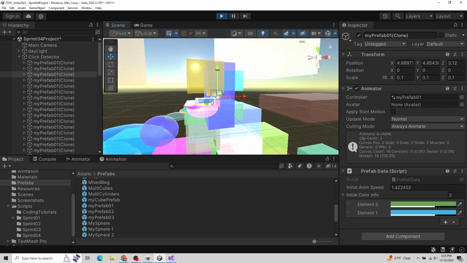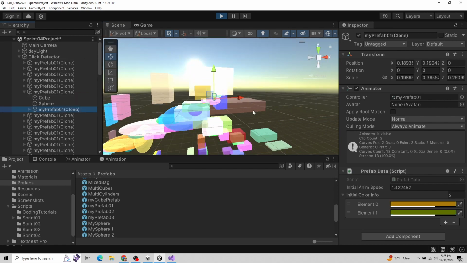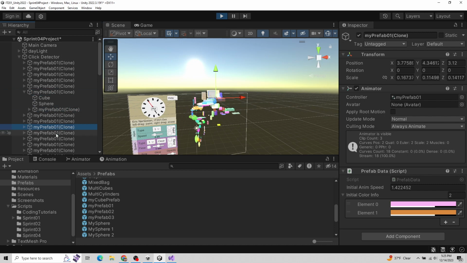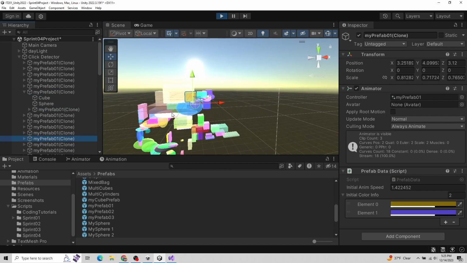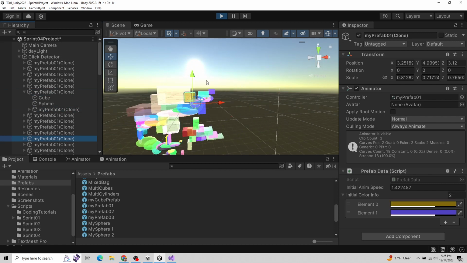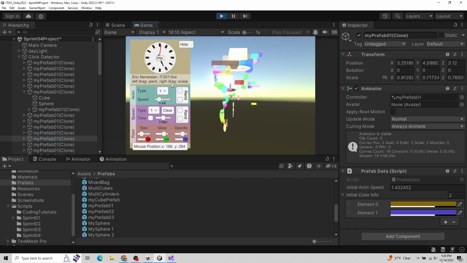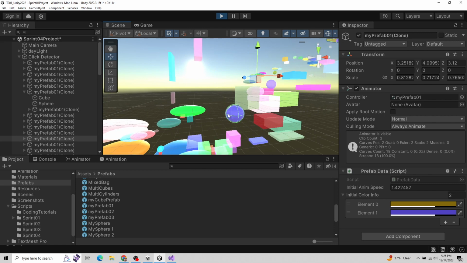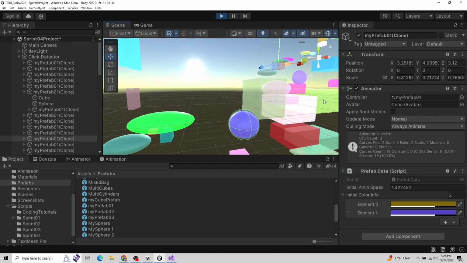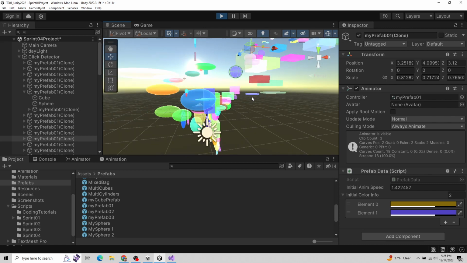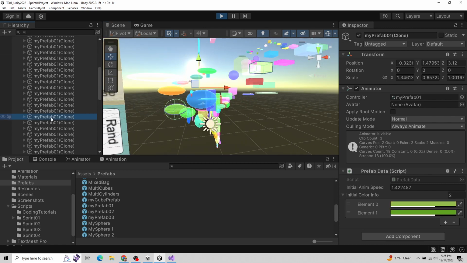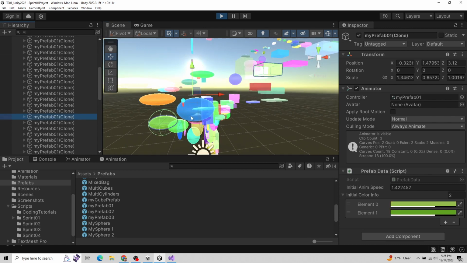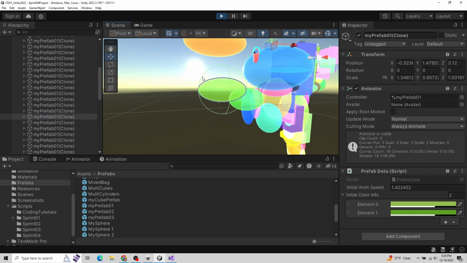So this one's hard to see because it's too small, but let me zoom out and try to find a bigger one. I can see the sphere here. Let me kill the speed, and I can zoom in. I don't know why those two are still going, but let me try to find a bigger one. Okay. Here's the sphere,